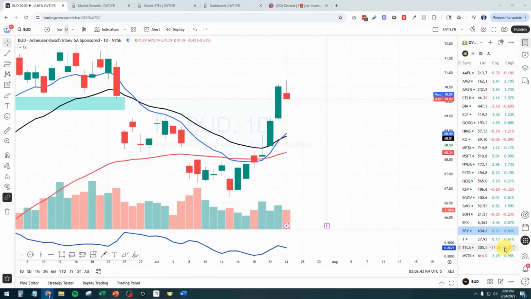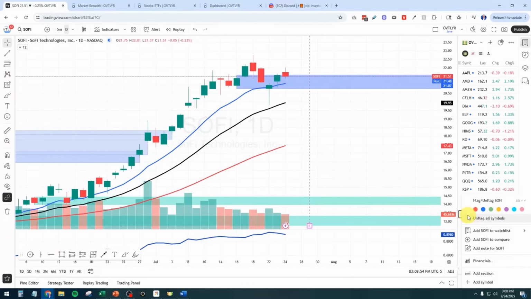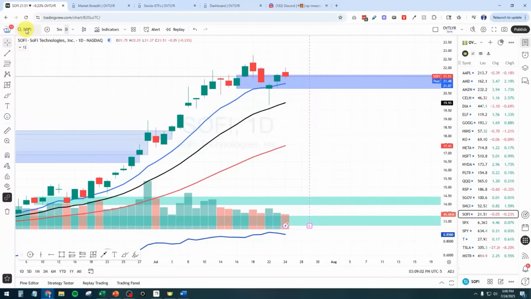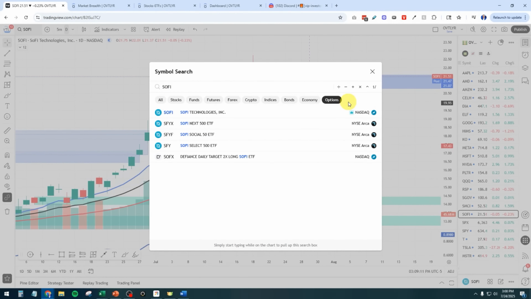Can you show me how to do that, Paul? Yeah. So right click on the stock ticker. Okay, so let's do SoFi. Right click the stock, and in the upper left-hand corner, right click on the ticker. Oh, up here? Yeah. Or left click it maybe. Now, all the way to the right, click on options. And then pick the company.